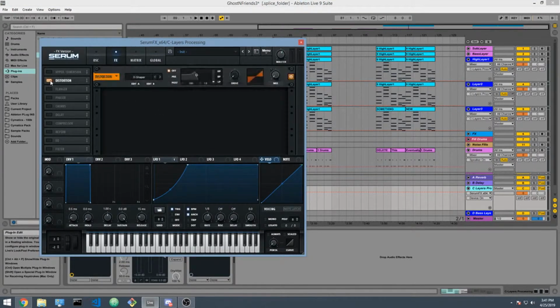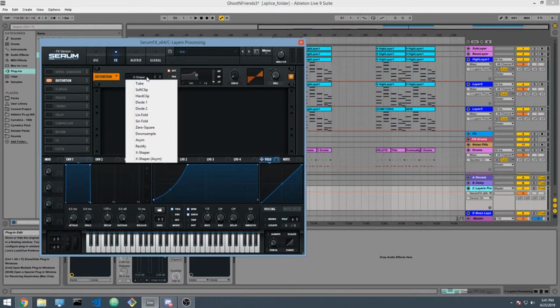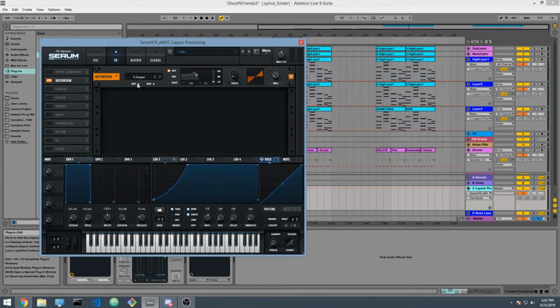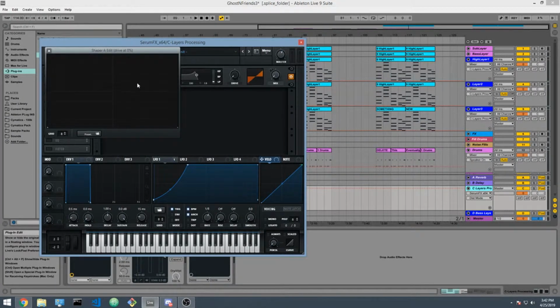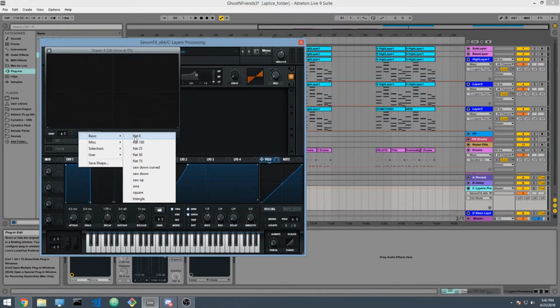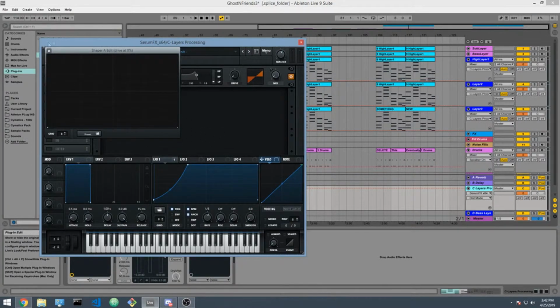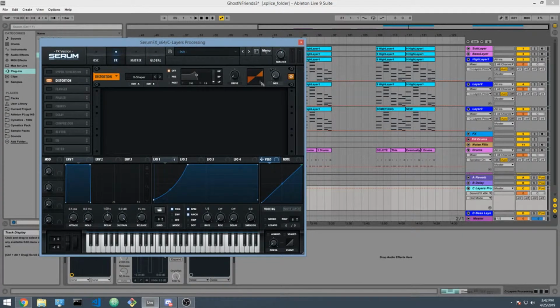You're going to want to use distortion and set the type to X shaper. And then with X shaper, click Edit A, Preset. Under Basic, there's a thing called Flat Zero. Click on that. And then you're going to want your drive all the way down. And then you can start it with the mix this way